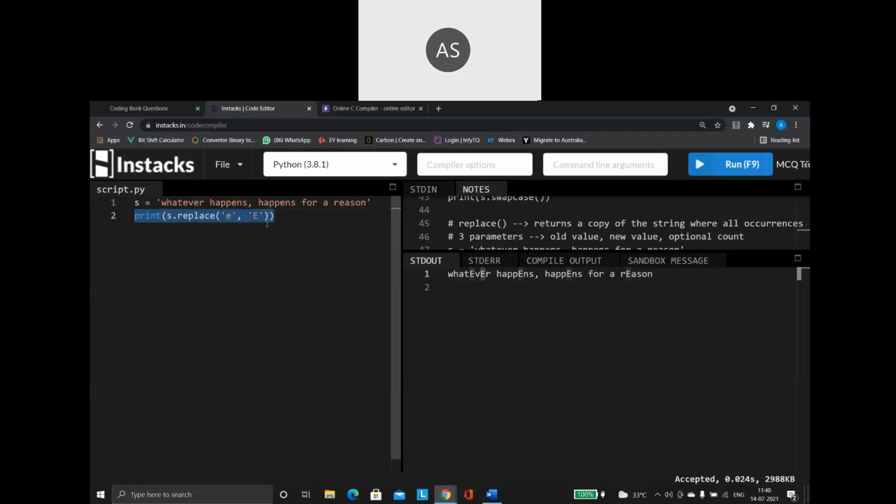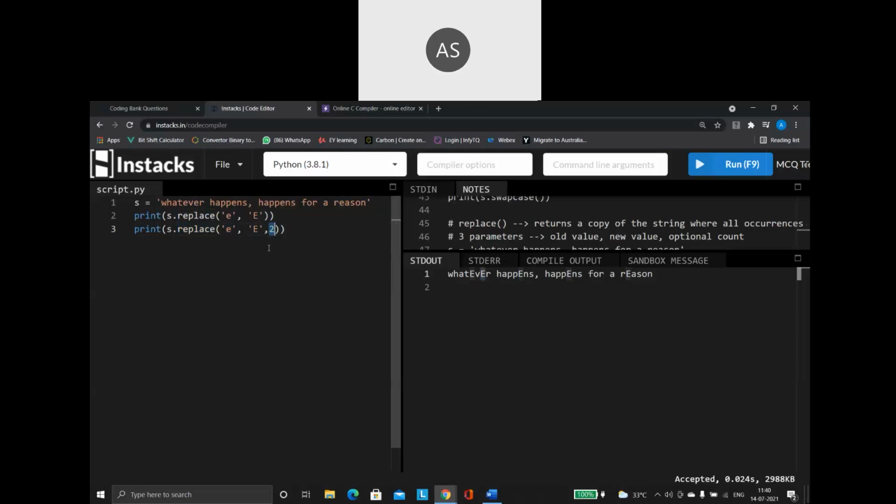So there are multiple ways in which I can use replace. See here, I am saying comma 2. So remember, the replace function can take a maximum of 3 parameters. What are they? Old character, new character, number of replacements. So the third thing is the number of replacements.